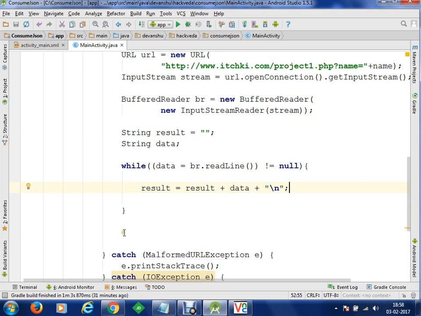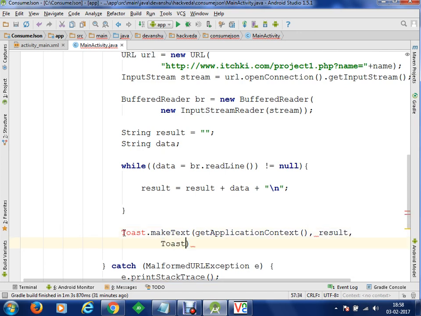Here I want to display a toast, and I'll show you the result first, what result we are getting. We'll do Toast dot makeText, getApplicationContext, display result, and print that for a long duration.